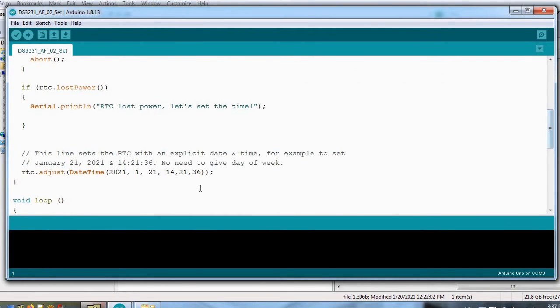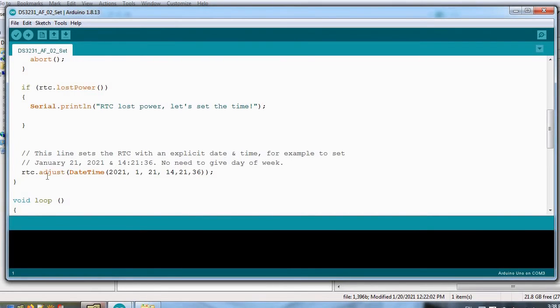Only for setting time we are using RTC.adjust DateTime of this string. This string is the general date time string, year, month, date, then hours, minutes, seconds. Here there is no need to give day of week. That definitely is a good thing.